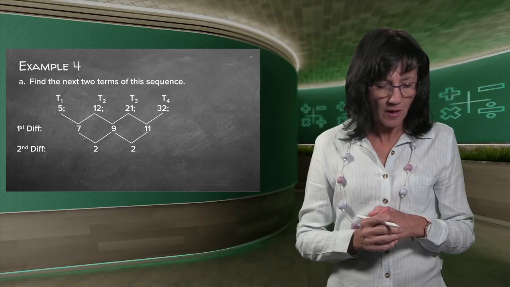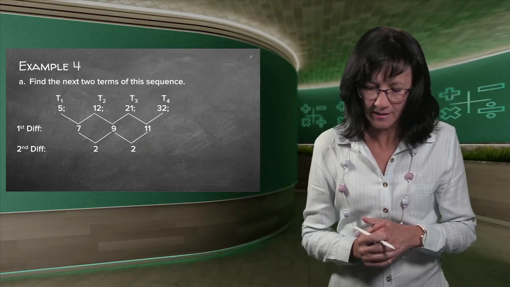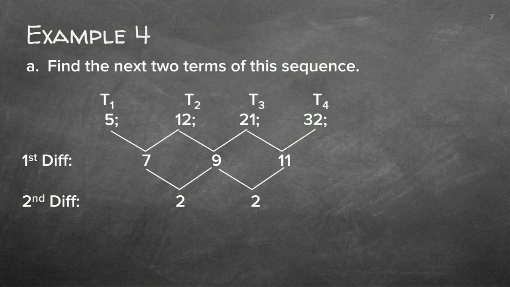Here they ask you to find the next two terms in this sequence. So they gave me 5, 12, 21, 32. We did the first differences there, which is 7. Then we did that difference, which is 9. We did that difference, which is 11. That was our first differences. When we do the second difference, that minus that gives me 2. And the same there, it's 2. Okay, but now I do not have a formula. I just have my figures. And now they want the next two terms.